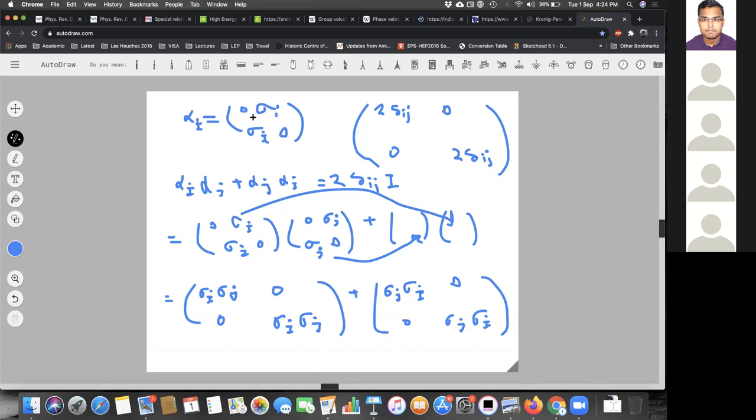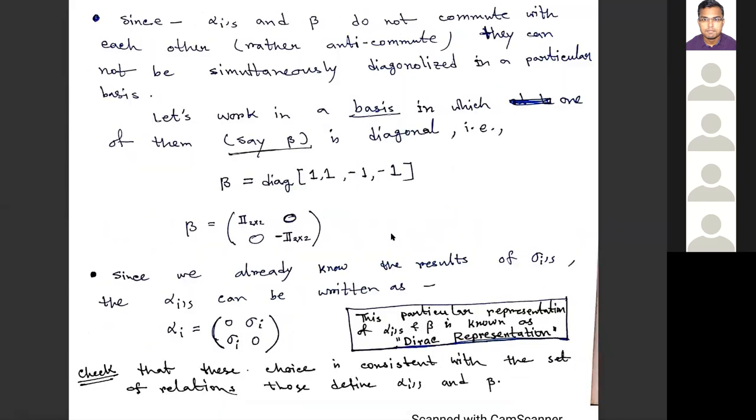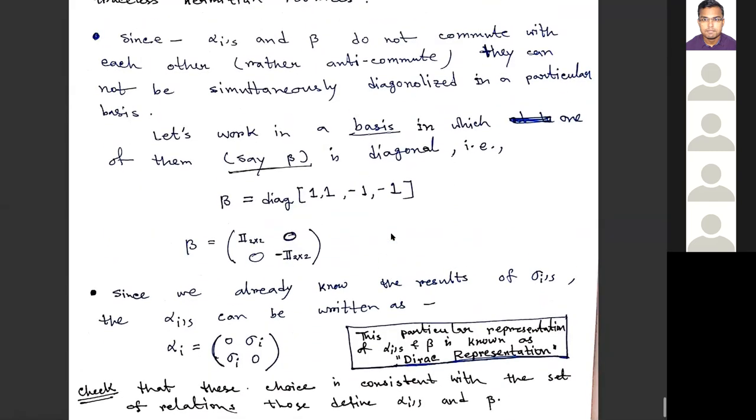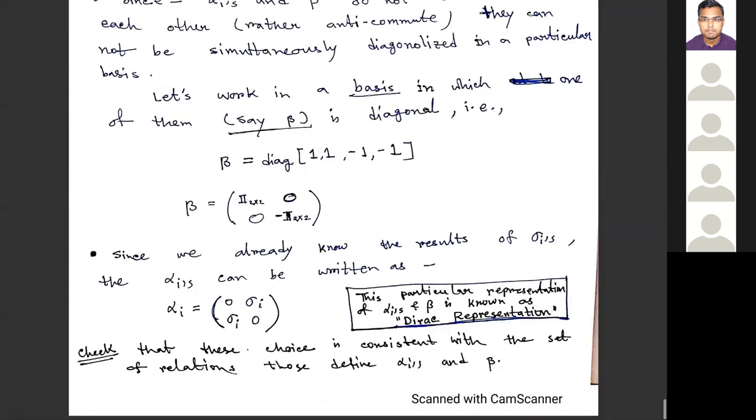So the beta is traceless Hermitian. They anti-commute with alpha i. That you can check in one step or two steps. These alpha i are also traceless and Hermitian, and they also anti-commute with each other. Okay. So we are done. And if you square this thing, you will find that their square is also identity. So we found the solution. And this is one particular representation of this alpha beta. There are infinitely many possible choices for alpha beta, and this particular